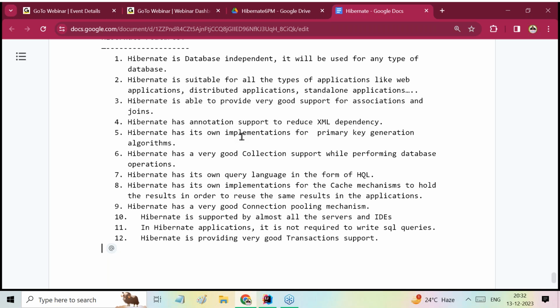Next, Hibernate has very good annotation support to reduce XML dependency. Hibernate has its own implementations for all primary key generation algorithms. Hibernate has very good collection support while performing database operations. Hibernate has its own query language in the form of HQL. Hibernate has its own implementations for caching mechanisms to hold the results in order to reuse the same results